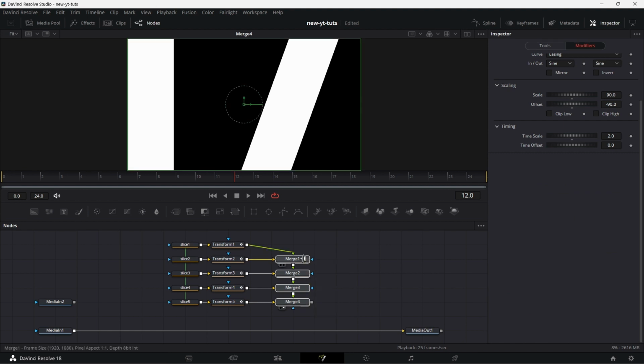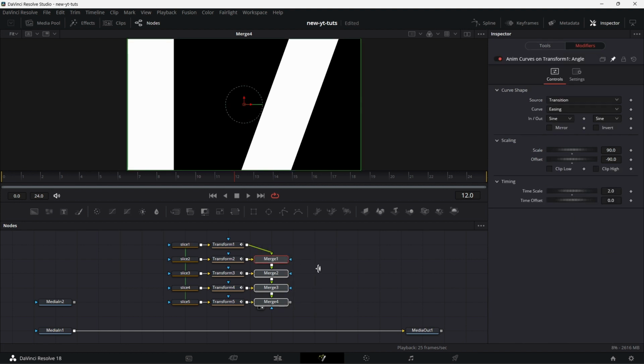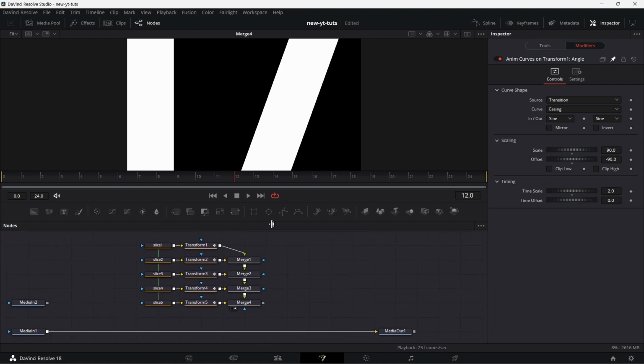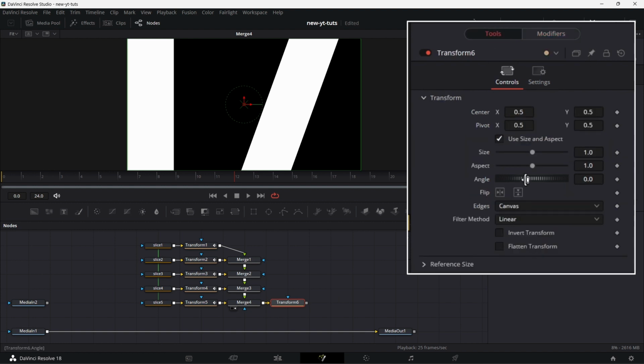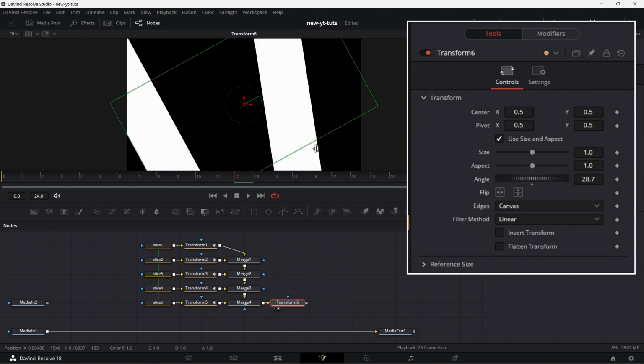I drag this merge, move it closer, then I add a transform node to this end. Put this here. So this transform node makes it that if I go to tools, now I can unpin the transform node angle, go to tools. If I turn this, now let's view transform 6. If I turn this, we can change the wipe angle